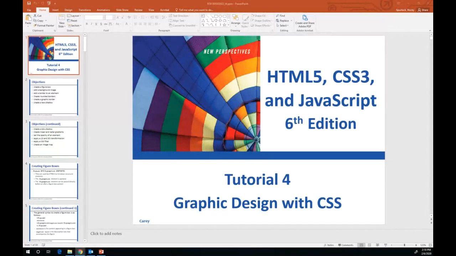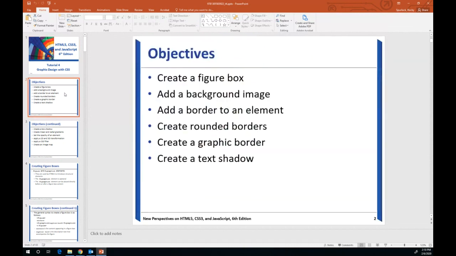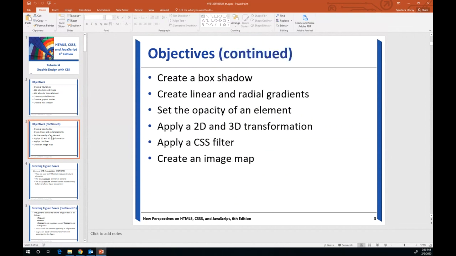Today we're going to look at tutorial 4, graphic design with CSS. Some of the objectives for this chapter include creating a figure box, adding a background image, adding a border to an element, creating rounded borders, creating a graphic border, creating a text shadow and box shadow, creating linear and radial gradients, setting the opacity of an element, applying 2D and 3D transformations, applying a CSS filter, and then creating an image